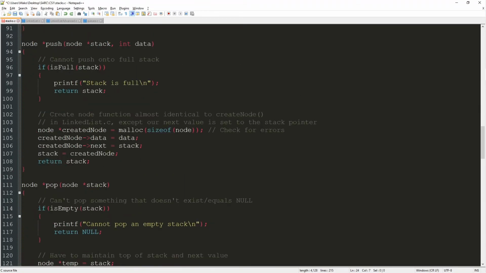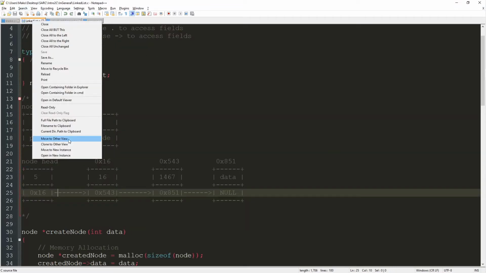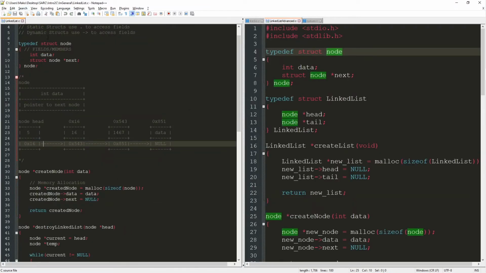So we go back. Yeah, so if it's full, then we just print out the stack is full and we return. However, if it's not full, that means we can put a node on top of the stack. So here you can see that this create node looks very similar. It's actually identical to the create node function from linked list. So if I do this,